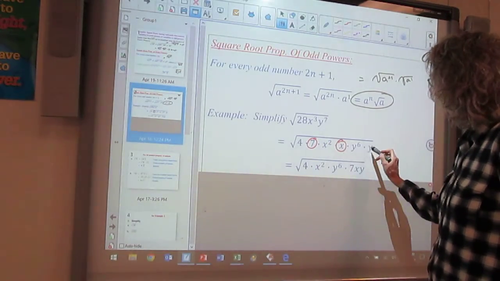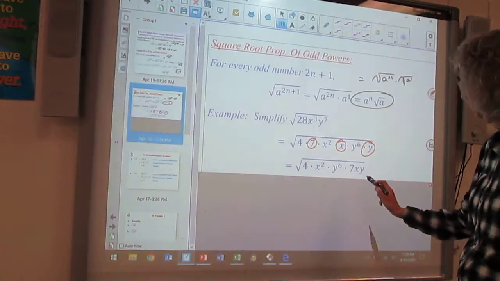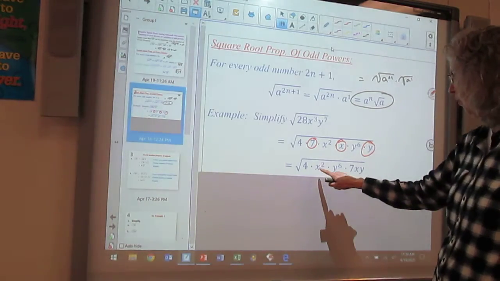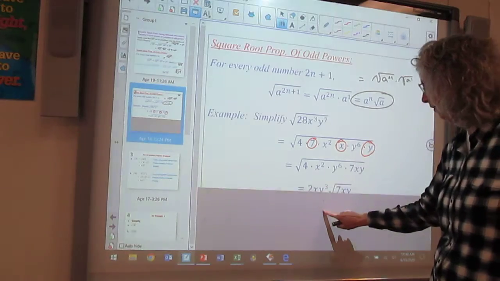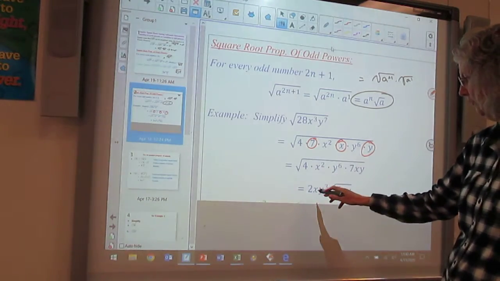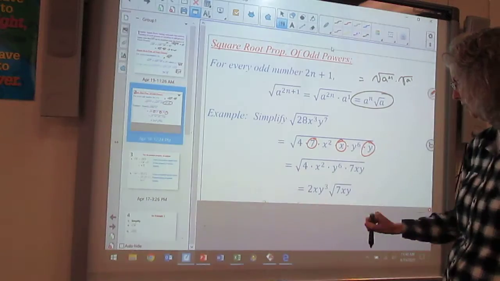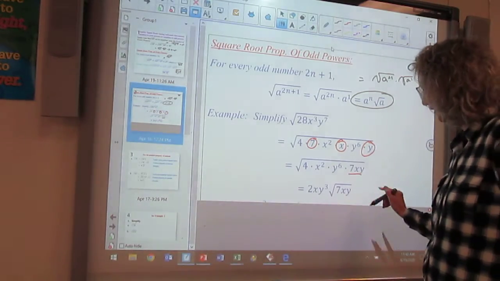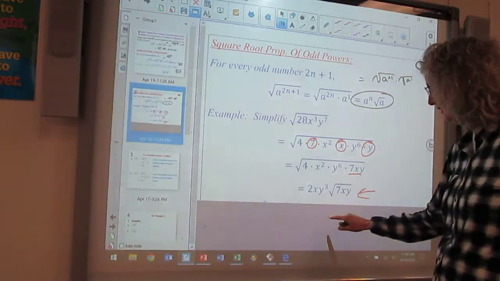Seven, x, and y are not perfect squares, so they will remain under the radical sign. 4, x squared, and y to the 6th are all perfect squares. The square root of 4 is 2, the square root of x squared is x, the square root of y to the 6th is y cubed. These are not perfect squares, they will remain under the radical sign. This is now an exact